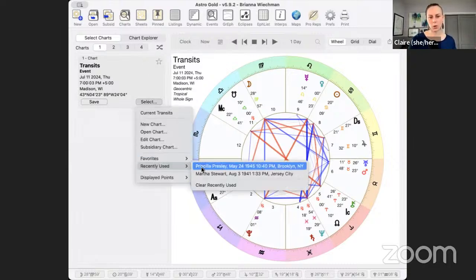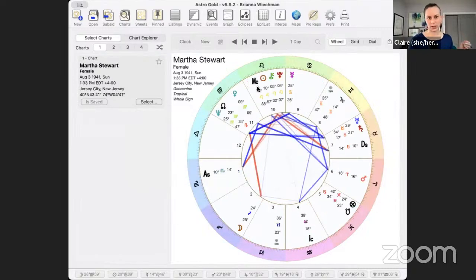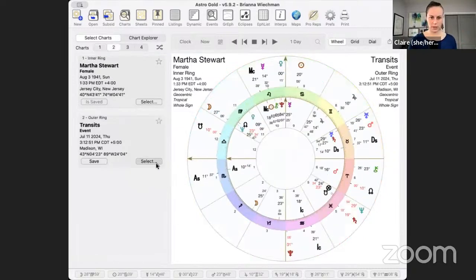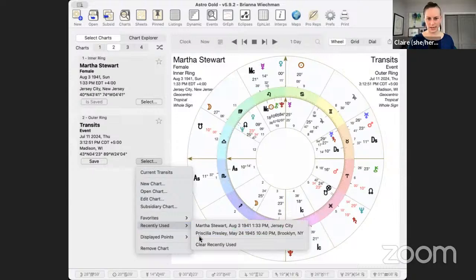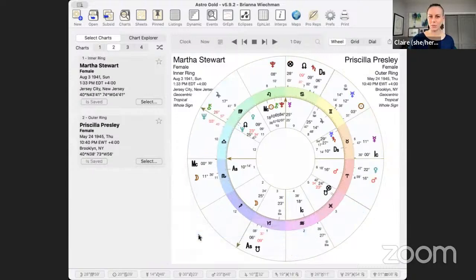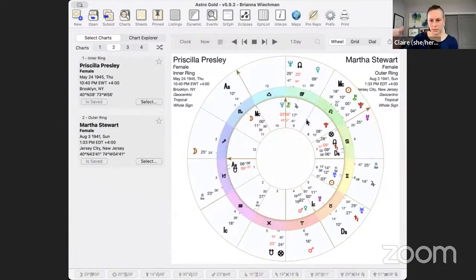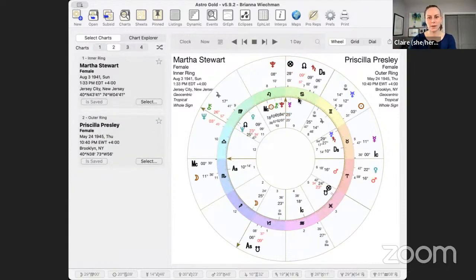So I'm going to show you, and we're going to call upon dear Martha Stewart, of course. I should have more celebrity examples, but I really don't. What we can do with synastry, or relationship astrology, is very comparatively put the charts against one another. We can even flip-flop them to exchange who is in the middle, from the perspective of whose rising sign. But we can do a lot of comparison just by putting the two charts in a biwheel.